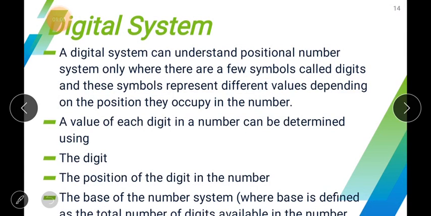Each value in a digital number system is represented with the help of digits, and their value depends upon their positions, that is, at which particular positions the digits are located. According to their positions we are able to recognize the total number represented by the digits. As we all know, the place value in the decimal number system that we have studied before works as the positional value of the digits.